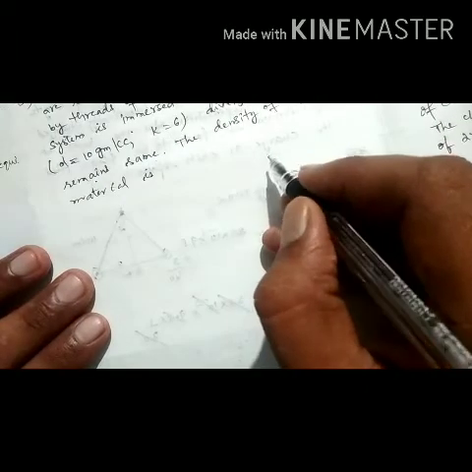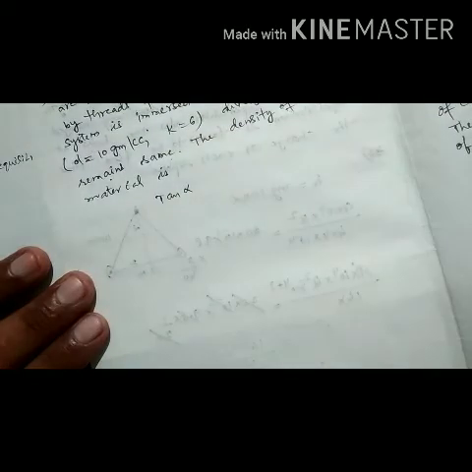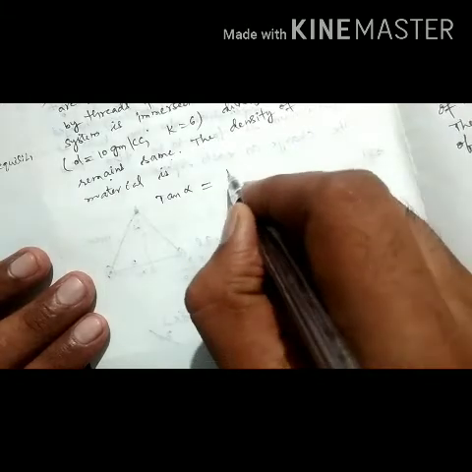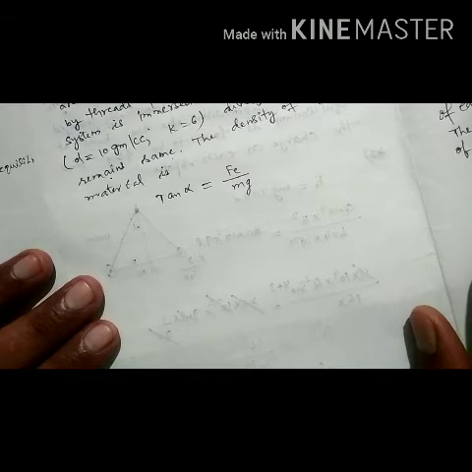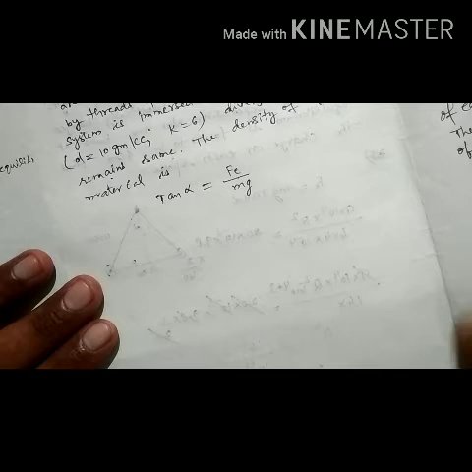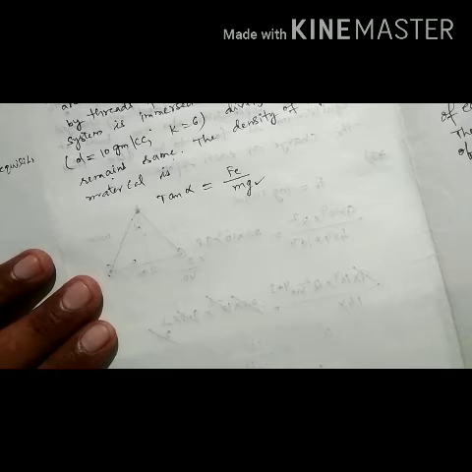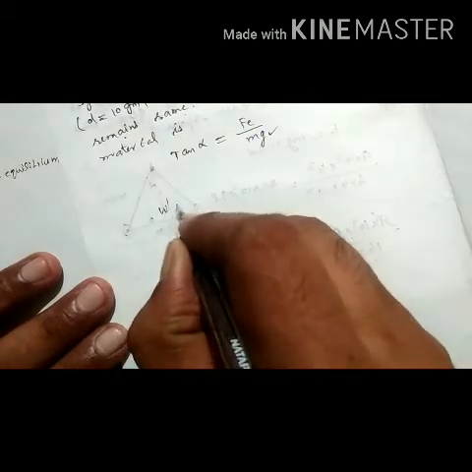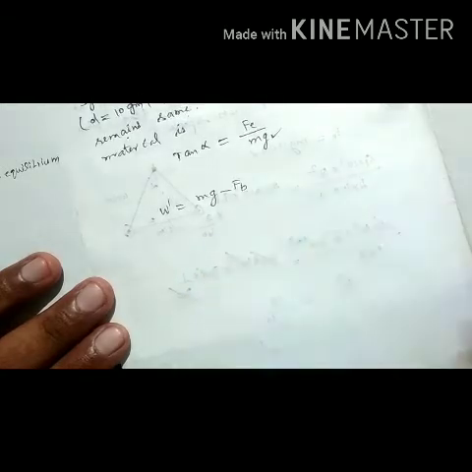Just simply, I will derive one formula. Just remember, divergence angle means 2 alpha or alpha, you can take, both are the same. That is electric force in air by weight in air, mg, weight in air. Suppose this is placed in a liquid. Then what happens to its weight? Whenever any sphere is placed in a liquid, its apparent weight is less than its own weight. So what is the formula for apparent weight? I will write apparent weight as mg dash, mg minus buoyant force.